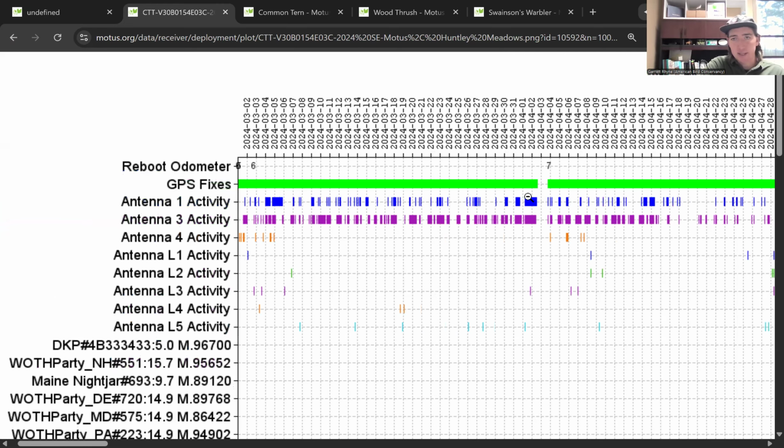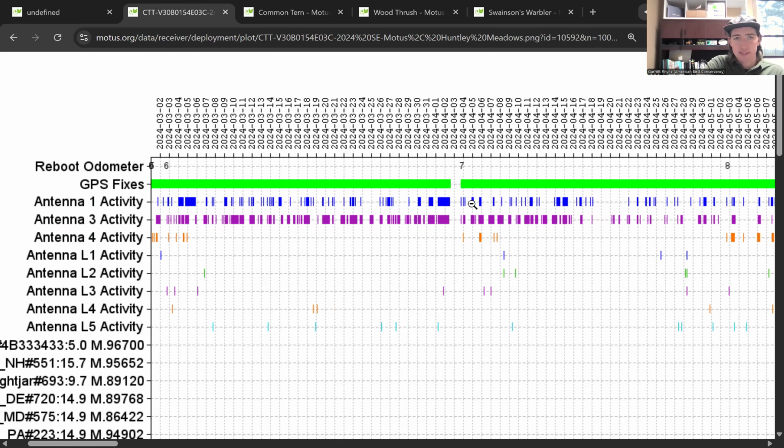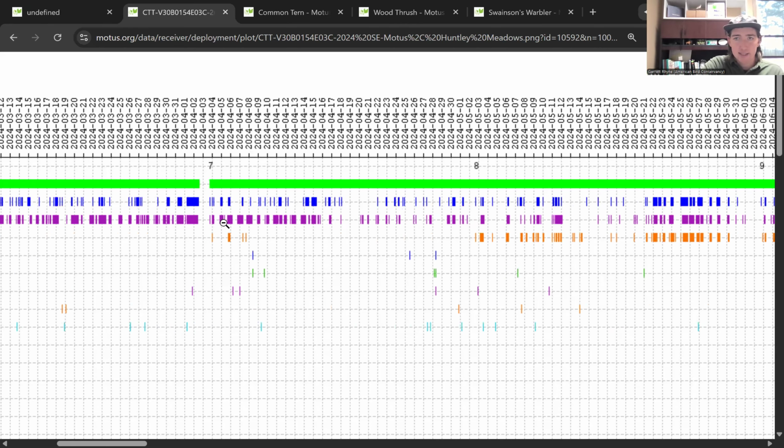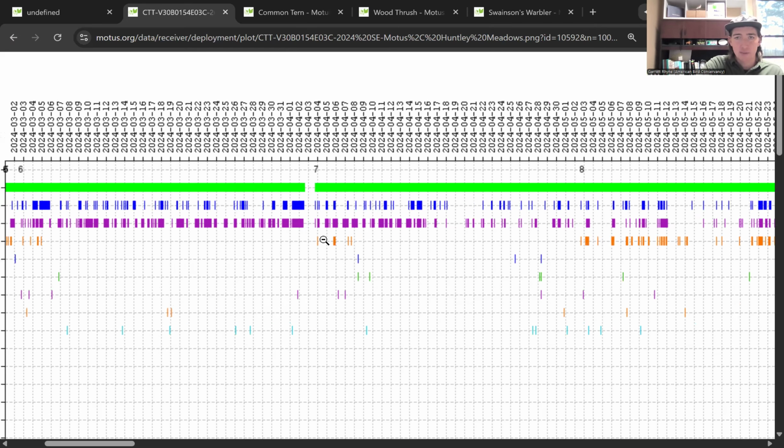That's that solid green line instead of blue. And then we still have our antenna activity. So antennas 1, 3, and 4 are the ones that have 166 data. And then L1, L2, L3 is our 434 data. And again, we can line this up with the same thing that we did